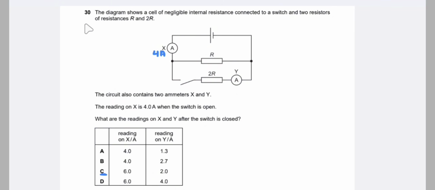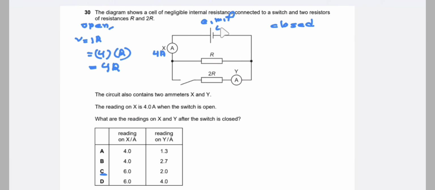First of all, we need to find the values for the open case and for the closed case. For the open case, we know the value of current and we know the resistance R in terms of R. So what is the voltage? V is equal to IR. By using the formula, we can calculate the voltage from I and R. So the voltage is 4R, or we can say that the EMF